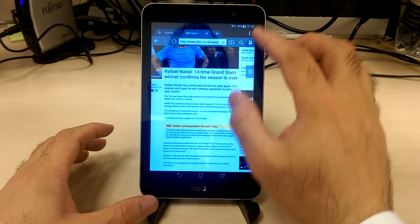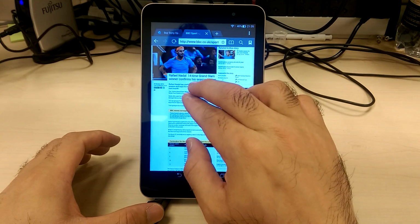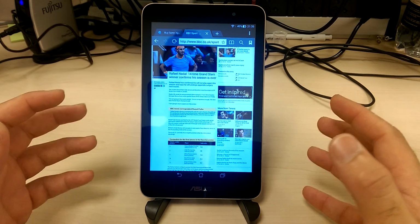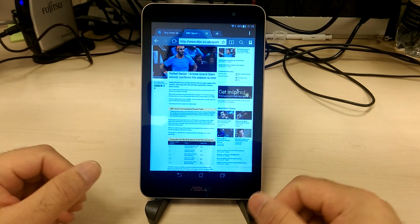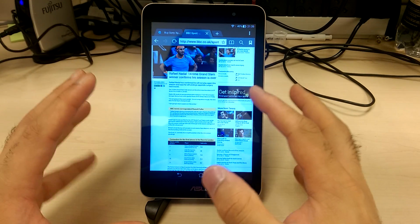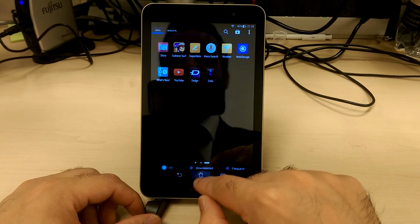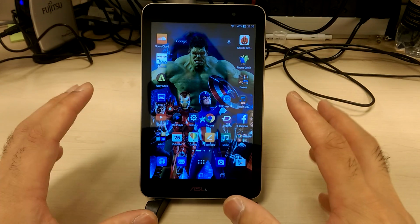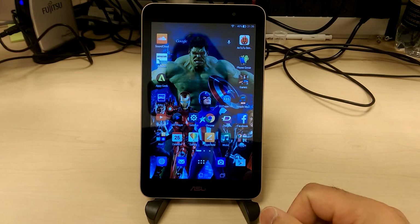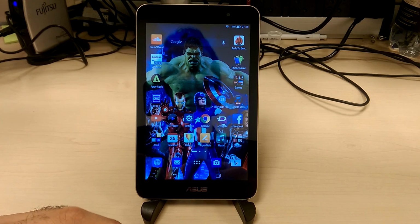The screen is obviously on the 720p side. It's not full HD, but then again, for most people, it will be more than enough. So all in all, I think I'm impressed. And if you're looking to buy something this Christmas, something cheap, a cheap tablet like this, I think from my side, it's a thumbs up. You can go ahead with it, and the tablet has a decent performance to it, and you will not be disappointed. Of my last few days with the tablet, I am actually very impressed. For £99, the price is very good, and the performance is extremely satisfying. So guys, this was the performance and final conclusion on the Asus MEMO Pad 7, model number